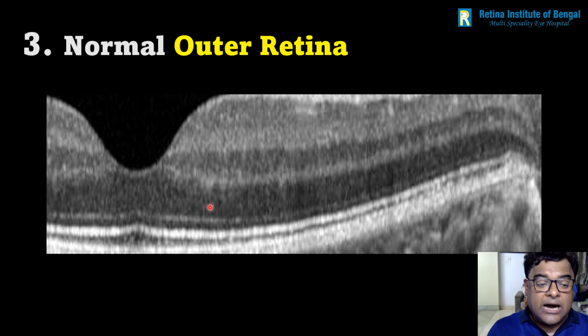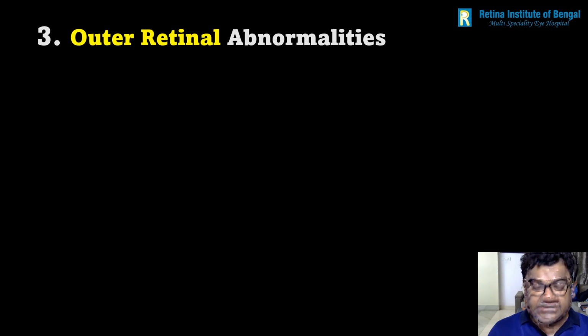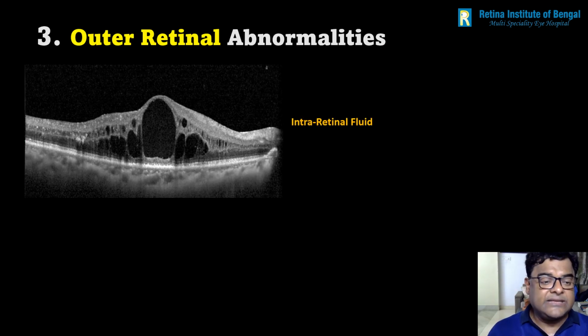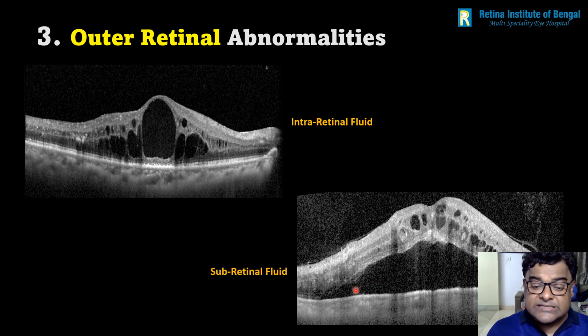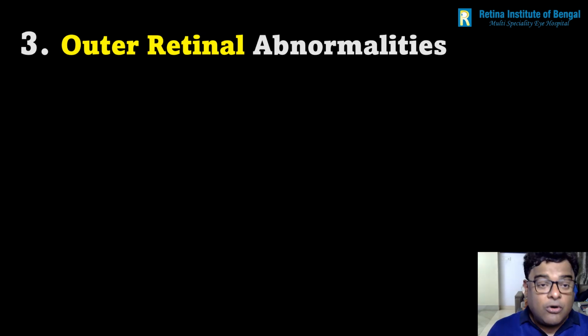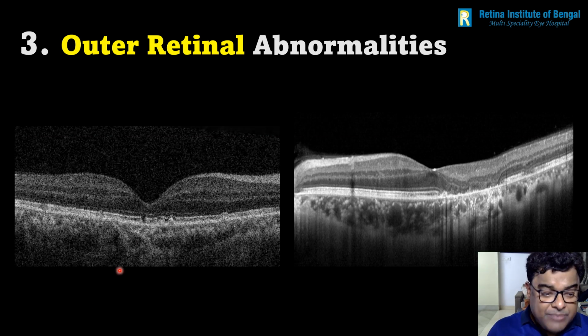Then you look at the outer retina, and usually the outer retina starts from this dark zone and then there are these bands. So you look at them carefully and you try to see if that dark zone in the outer retina is swollen up. As you can see here, this is a case of intraretinal fluid, or if the sensory retina is completely separated from the retinal pigment epithelium, as you can see here, due to subretinal fluid,